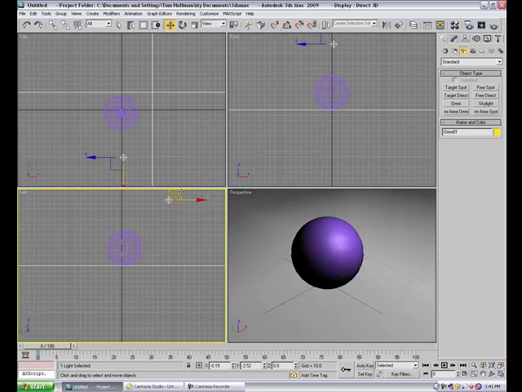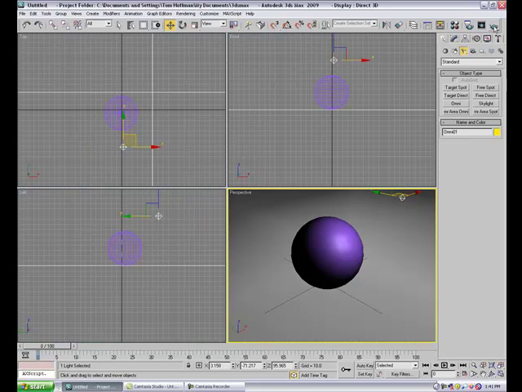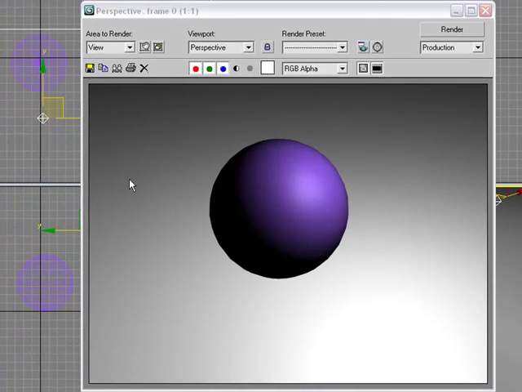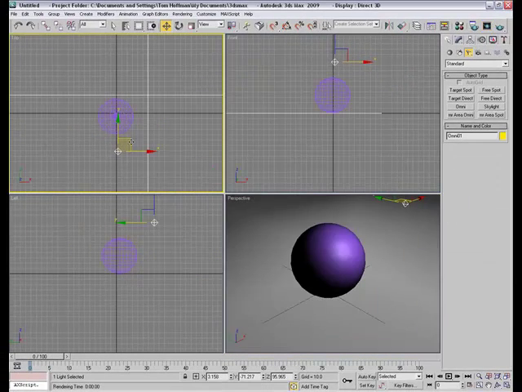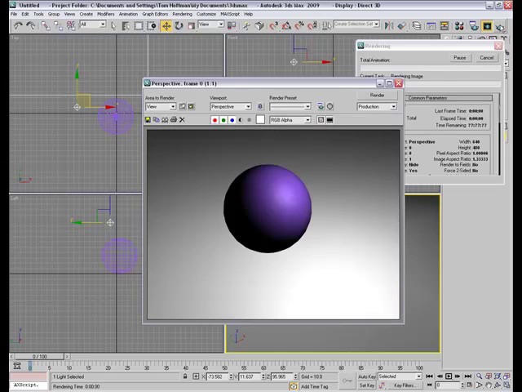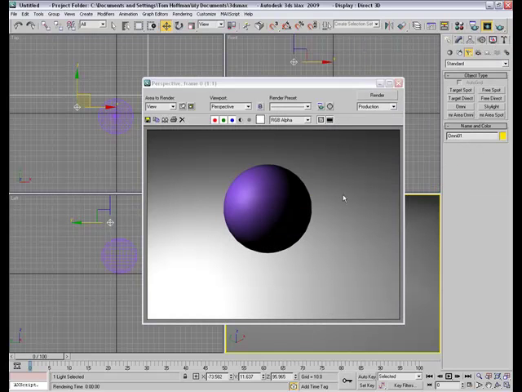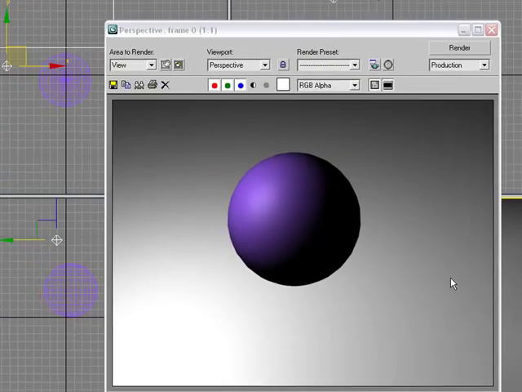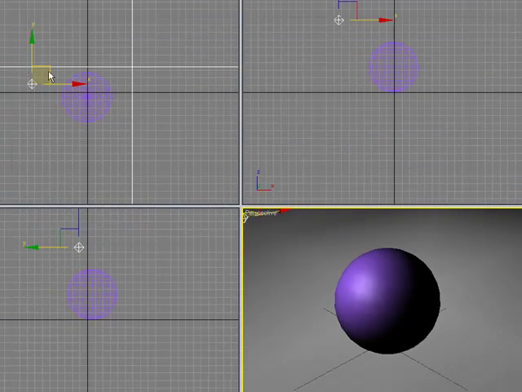So now what I'm going to do is go ahead and take a quick render. And notice now what we have here is that the floor is actually affected by the light source as well as the ball. And then we can go ahead and move to another spot and do another test render. And notice how the light now is adjusting. So when we look at our scene, we want to determine where is the light coming from. And I know we did that our first semester. Okay, now that's an Omni light,